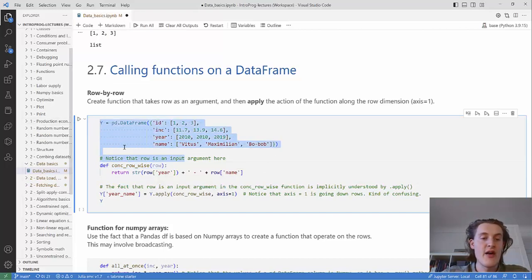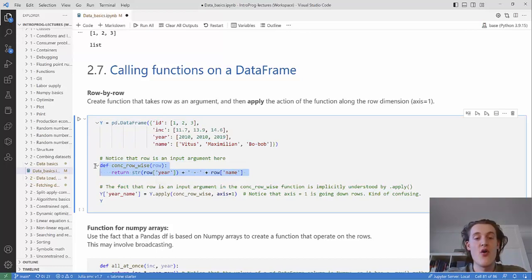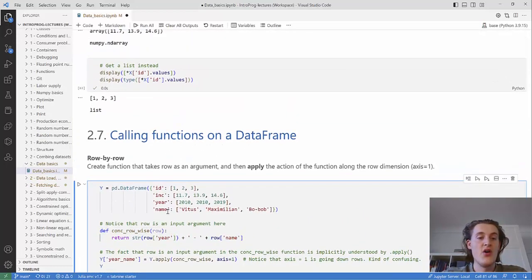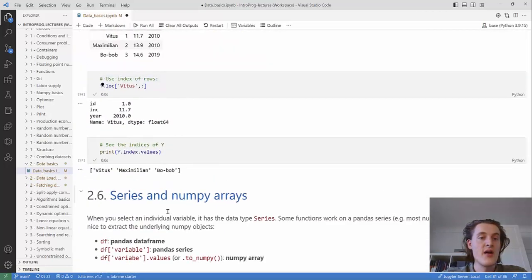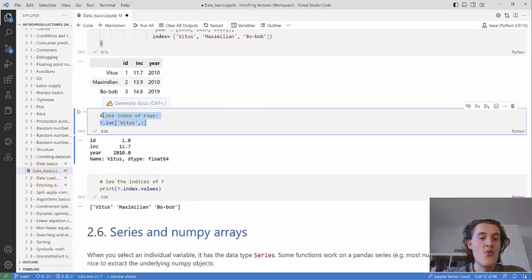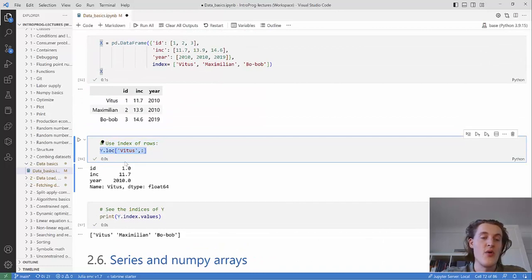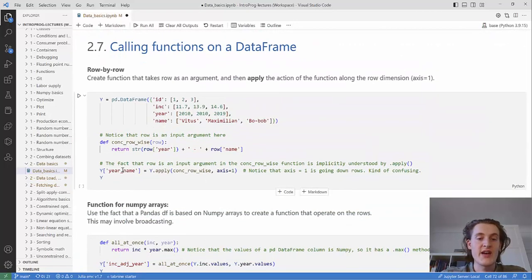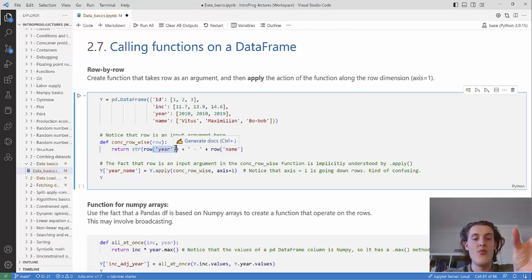Yeah, so we create a new data frame, and then we create a function which takes a row as an argument. So you can view it like the row. Yeah, this is the row. So this is the Vitus row. So you have his ID, his income, and his year. And this function takes that as an argument, and you can subset each element of the row in the same way as you would access columns